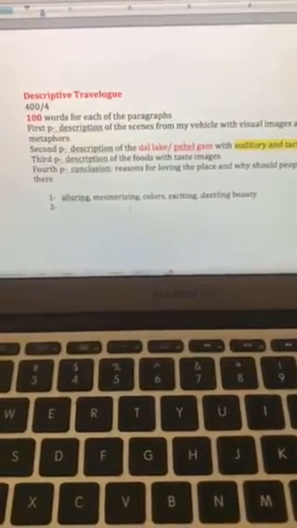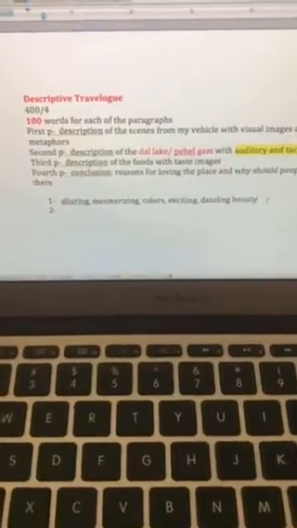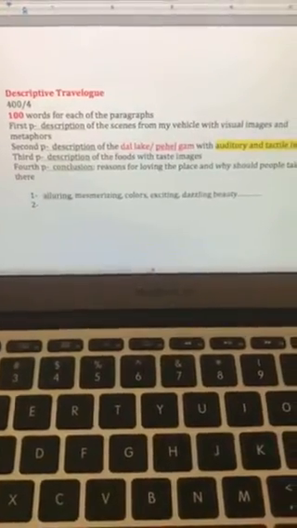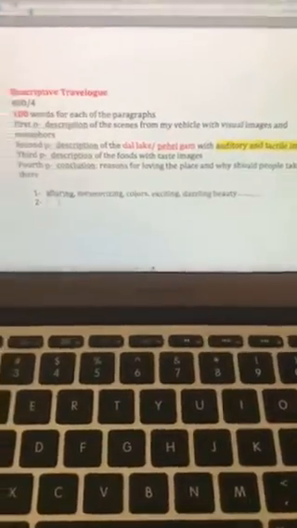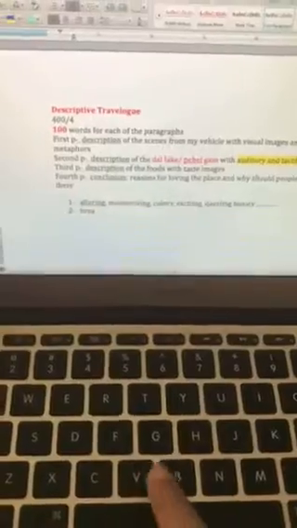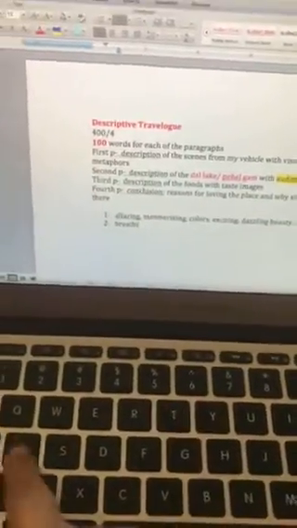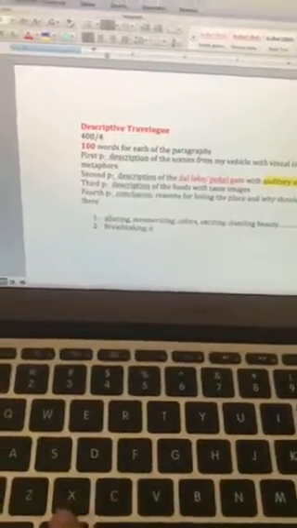So first paragraph: alluring, mesmerizing, colors, exciting, dazzling, beauty, and there are others. Then in the second paragraph, while describing the place, you can again write some good adjectives, right? So it can be breathtaking, exquisite,